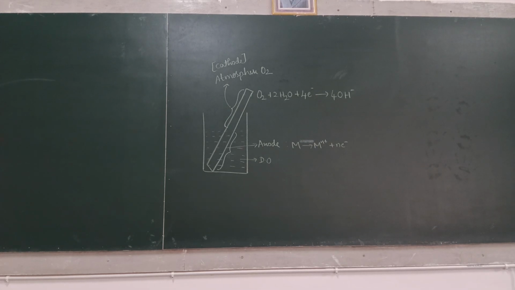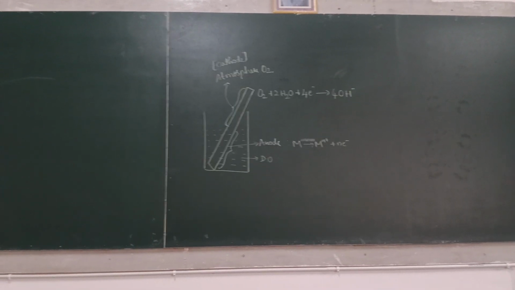The respective reactions take place as follows. At the anode, the metal undergoes oxidation, giving rise to the metal ion and electrons. At the cathode surface, the oxygen absorption type of cathodic reaction is observed. Why? Because the definition of differential aeration corrosion itself explains that the corrosion is due to the difference in oxygen concentration over the surface of the metal. Hence it follows the electrochemical theory of corrosion, and differential aeration corrosion happens.